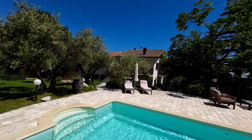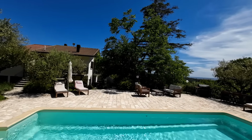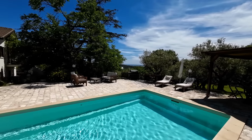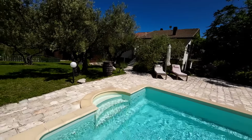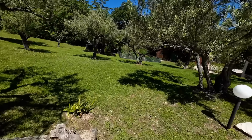Amazing. This tree here is a walnut tree. And the views, even from here looking down the valley side. I'm sure my video won't pick it up, but believe me, this is amazing. So let's show you some of the